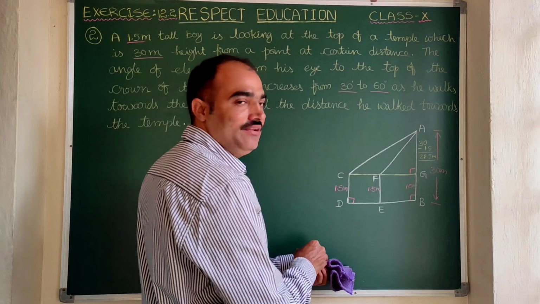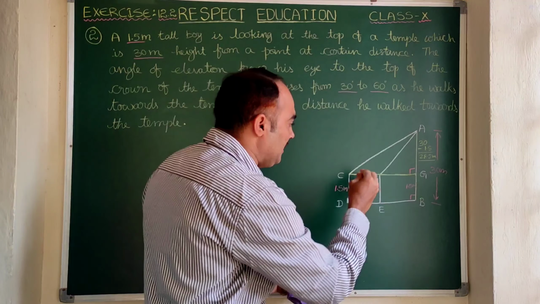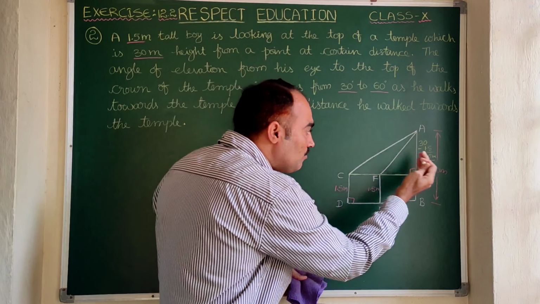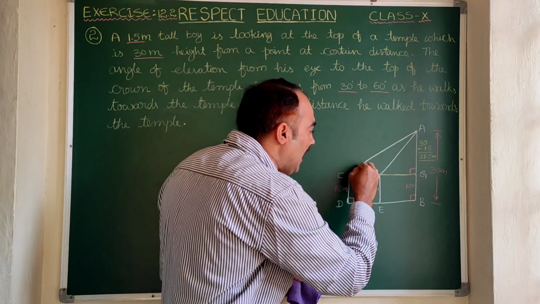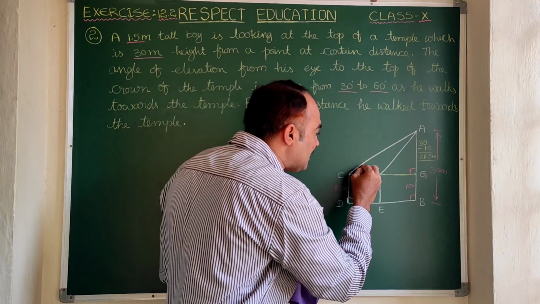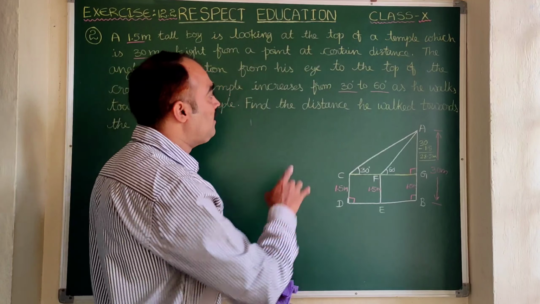Now here, angles of elevation. It is increased from 30 to 60. You understand carefully. As C is far from the temple, here as the distance is more, the angle of elevation will be less. So here 30 degrees will come. As F is closer to the temple compared to C, that means here FG is the lesser distance, so here more angle will come. So 60 degrees will come. If you understand the problem, it represents the same. Now here, the second thing is that the first one we did not leave any value.